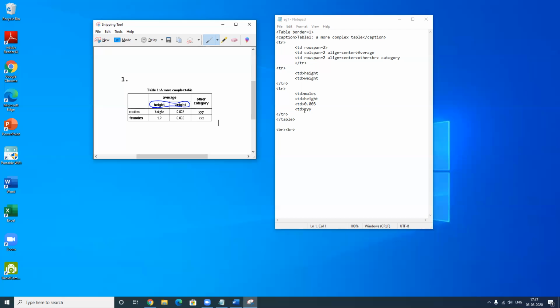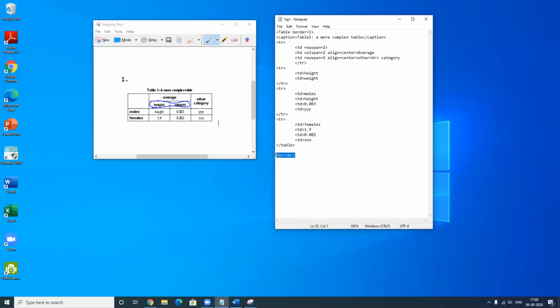We can add it after this TR, I can add a new TR, and I can write down the next TD as females, next TD as 1.9, next TD as, sorry, I wrote this here itself, TD and then 1.9, and next TD as 0.002, and the last TD as XXX.